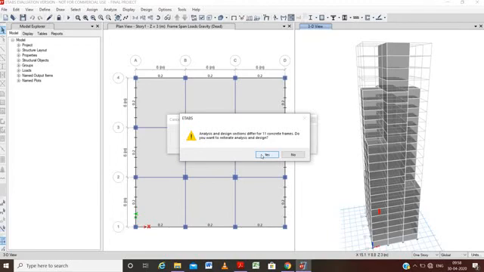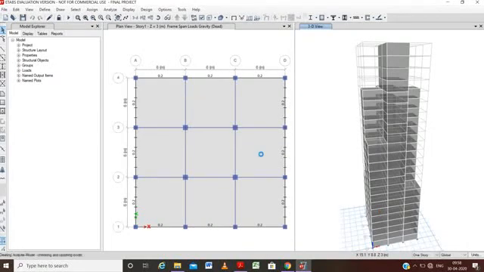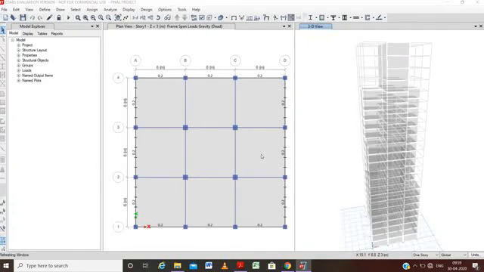Do you want to reiterate? I will say yes. It will again analyze. It will keep analyzing until it is completely done.